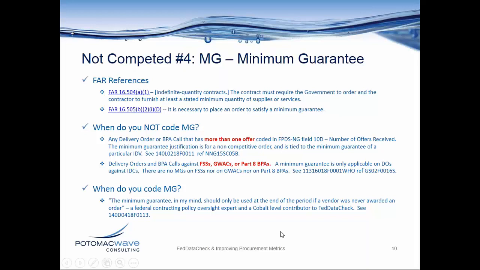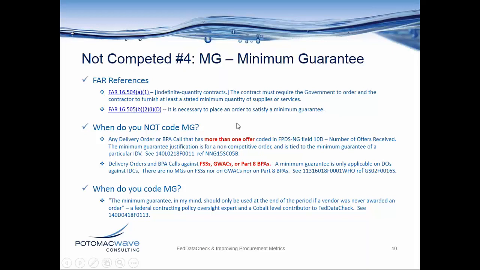Minimum guarantee. This is a good one. Here's a FAR reference. The contract must require the government to order and the contractor to furnish at least a stated minimum quantity of supplies and services. That's on an IDC, definite quantity contracts. And here's the justification for minimum guarantee. It is necessary to place an order to satisfy a minimum guarantee. So you do have that authority